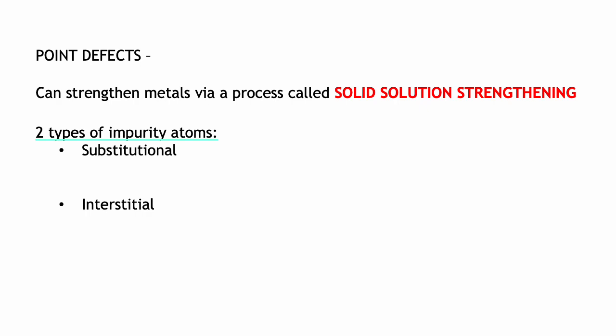So a process, you might know it as alloying, but officially it's solid solution strengthening. That's a way that we can strengthen metals by adding impurity atoms that diffuse into the metal itself. And there are 2 types of impurity atoms. One type are called substitutional defects, and substitutional defects take the space of an absent host atom. In other words, they move into vacancy spaces. So substitutional impurities